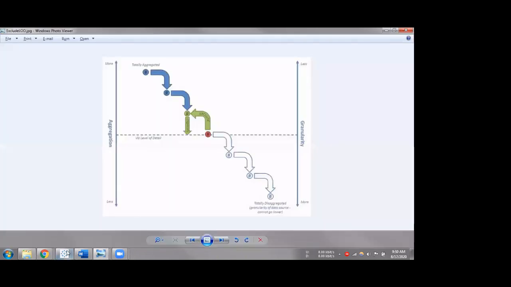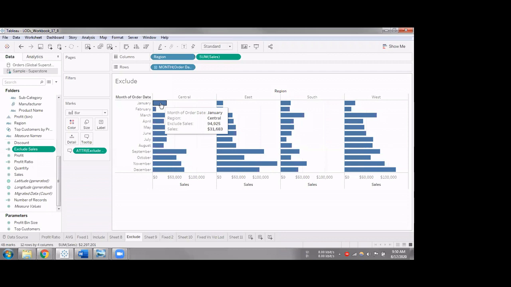So the same value, that 94,000, is duplicated for all the values. Just to be clear, 94,000 is the sales of January. It's not divided by the region. It's the sales that happened in the January month.